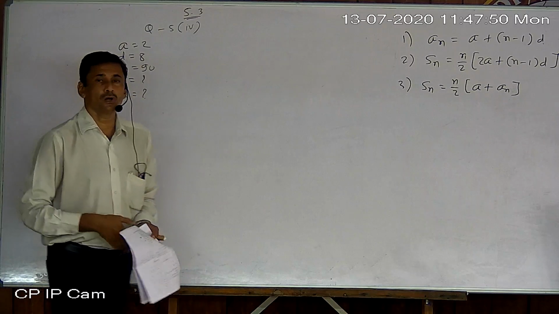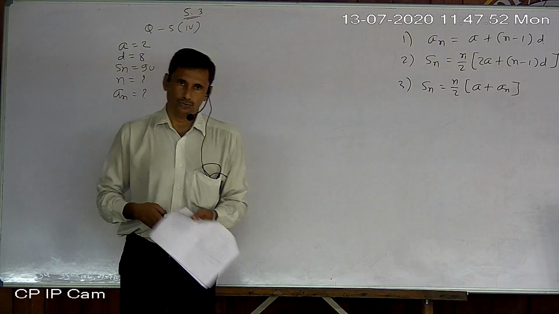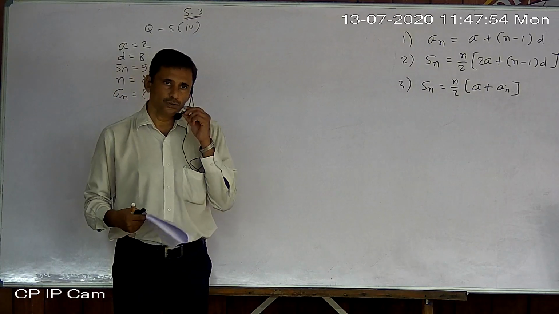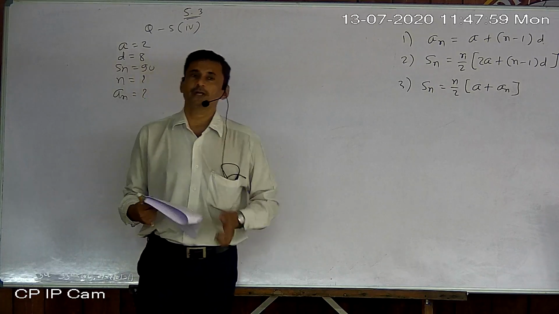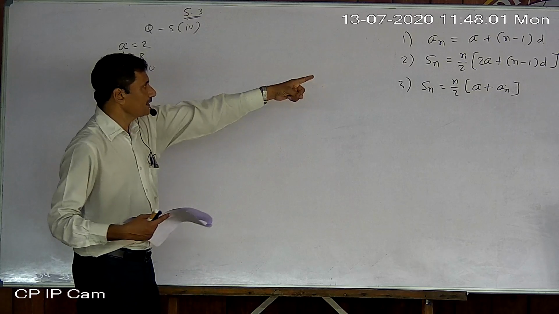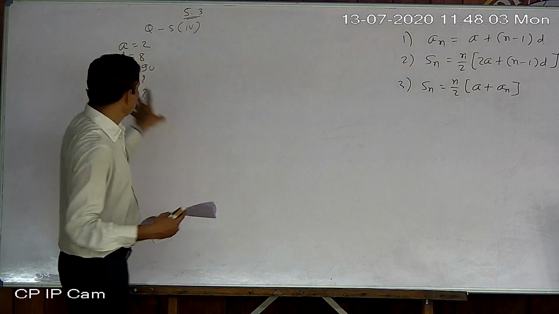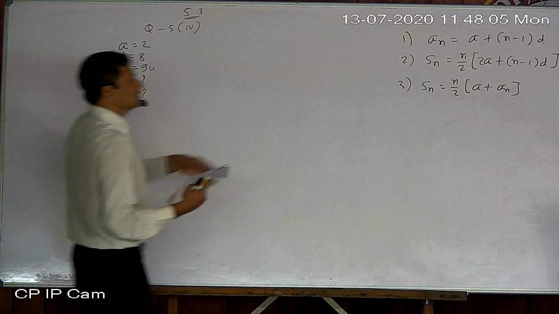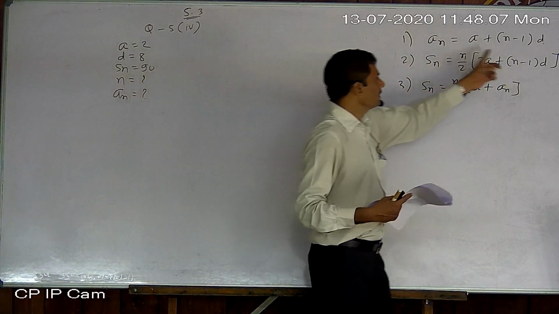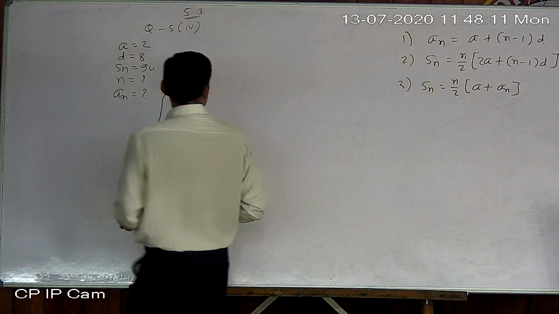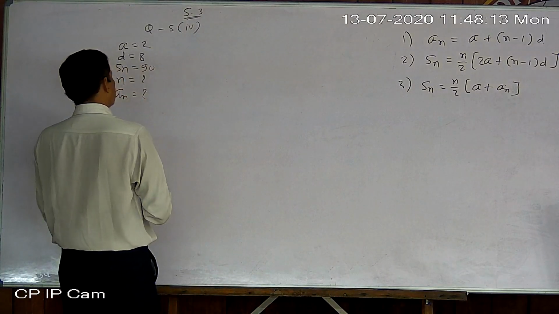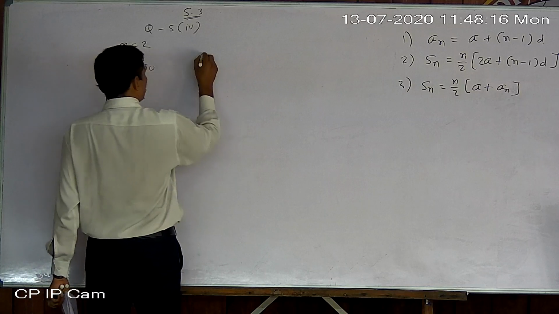And how to solve a quadratic equation, you know. We already went through that point in lesson number 2, how to solve a quadratic trinomial. So there will be a quadratic trinomial only. Otherwise this sum is very simple. Just use the second one. Here everything else is given except n, so I use the second formula. That is the only one applicable; the first and third are not applicable here.